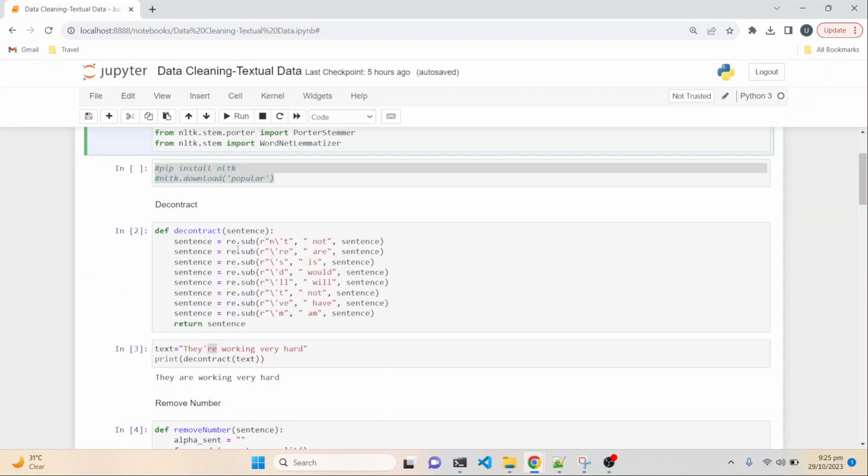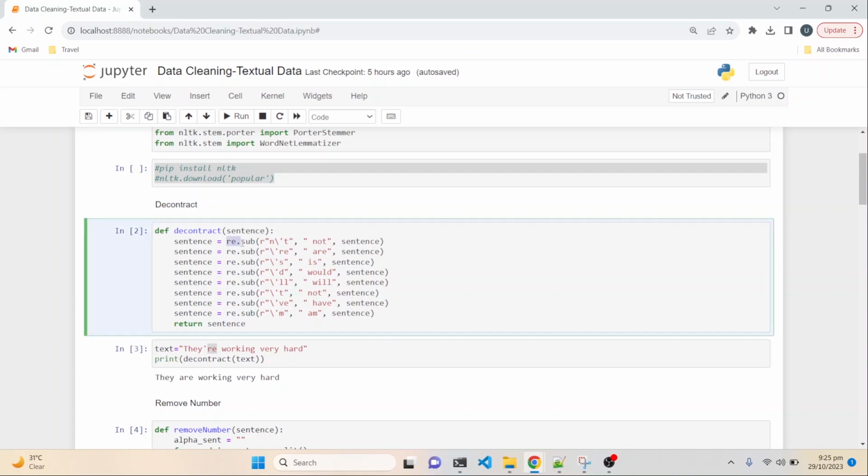Our first step in this data cleaning is decontracting. We will demonstrate how to expand contractions in text using regular expressions. For instance, converting they're into they are for better analysis. So here I have defined some regular expressions, and to define a regular expression you need to use re.sub and then define your specific characters or string and then what to replace it with. For example, I want to replace